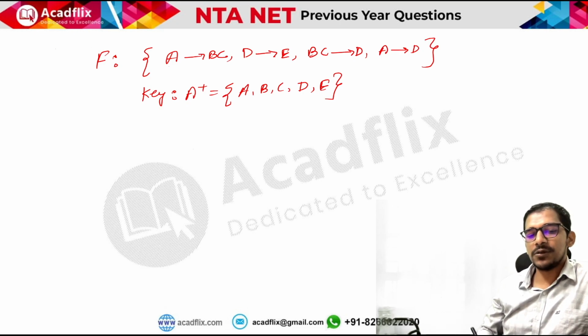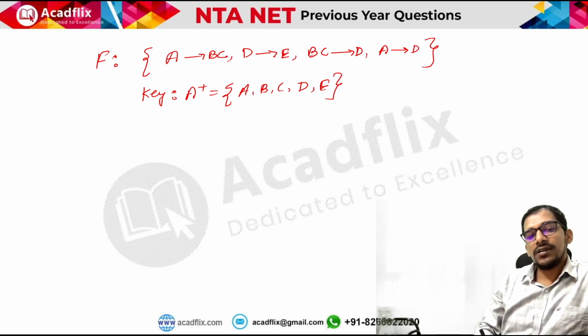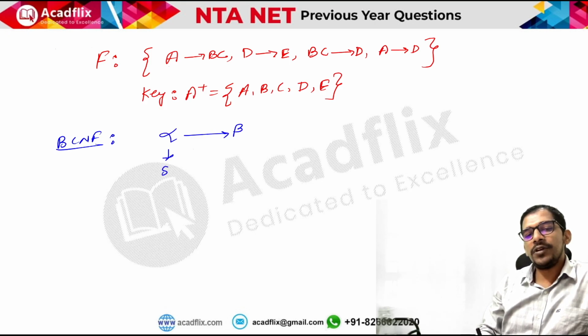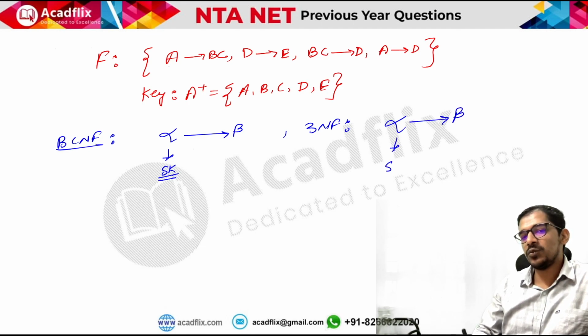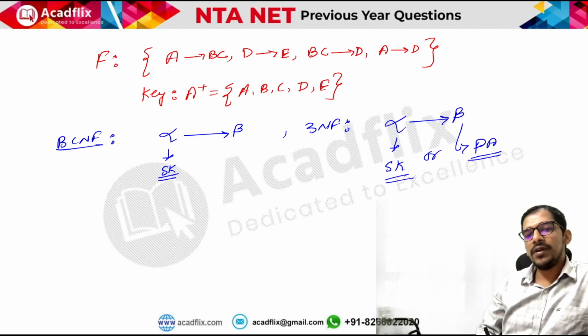You do not need to solve this question fully, because if you have done enough practice of normalization, you will look at the relation and directly say that the relation is in 2NF. BCNF says that in all the functional dependencies the left hand side should be a super key, or you can say candidate key. What 3NF says is that if you have a functional dependency alpha tends to beta, then either the left hand side should be a super key or the right hand side should be a prime attribute. Prime attribute means part of a candidate key. And 2NF says that there should not be any partial dependency.